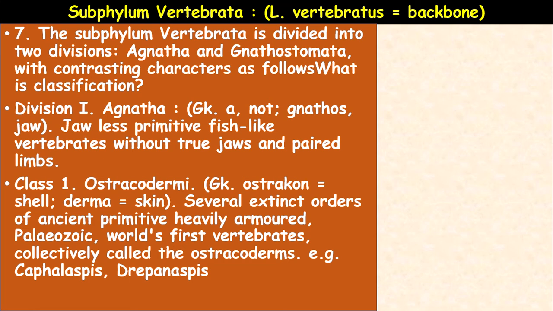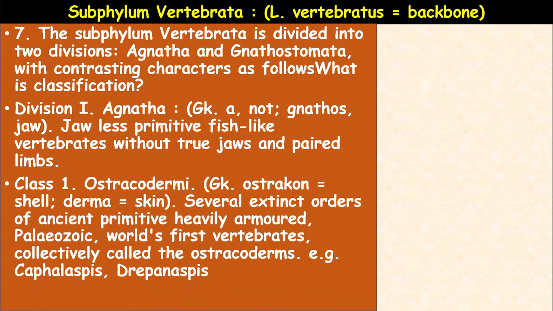They are further divided into, Agnatha is divided into ostracodermy, class 1. So here subphylum vertebrata, it is divided into two divisions, Agnatha and Gnathostomata. Again Agnatha is divided into classes. The class 1 is ostracodermy. Ostraco in Greek, ostracan means shell. Derma means skin. Several extinct order of ancient primitive heavily armored